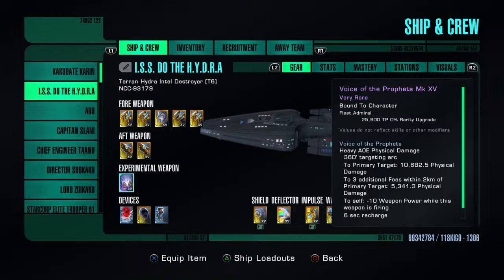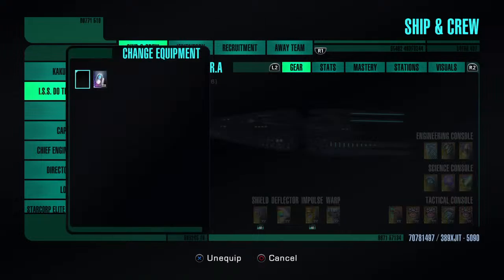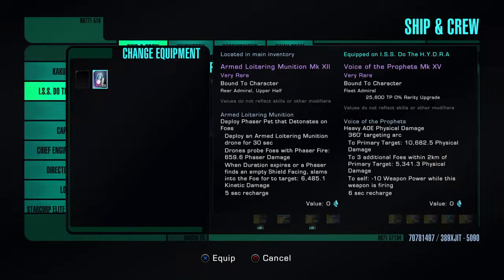But it comes with an experimental weapon, though it does not come with Voice of the Prophets. That's from the Bajoran Interceptor, sorry for that, which is also another form of destroyer, a tactical escort, which somebody has probably already covered in another video. So this one comes with